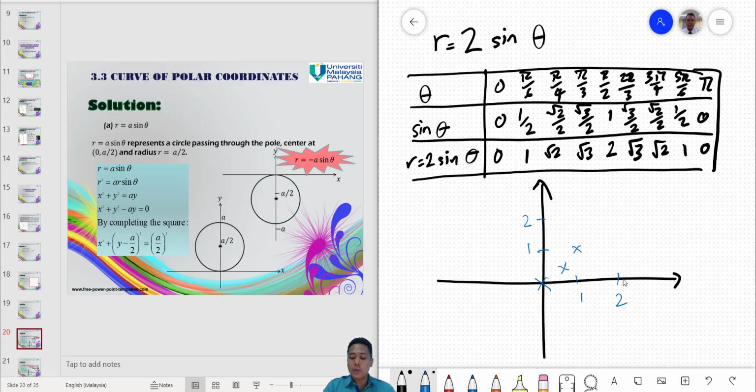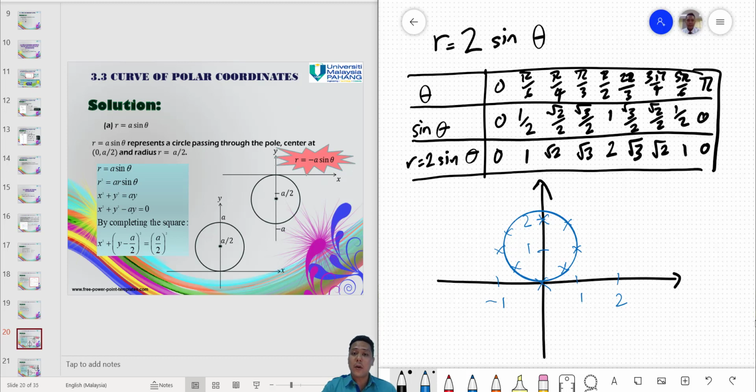It increases to the square root of 3 until the maximum distance, which is 2. 2 is the highest here. Before it gradually reduces during 2 pi over 3 to the square root of 3, the square root of 2, 1, until 0 back. And if you connect these dots, it will form a simple circle